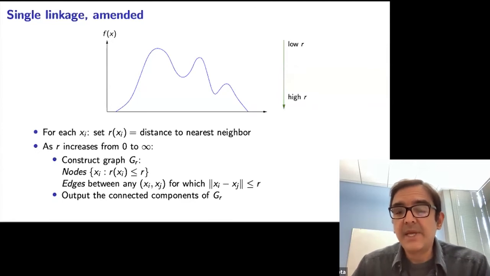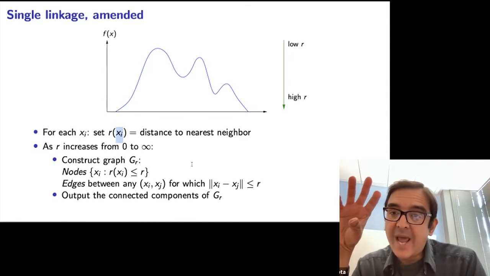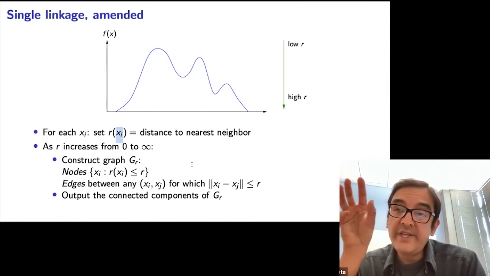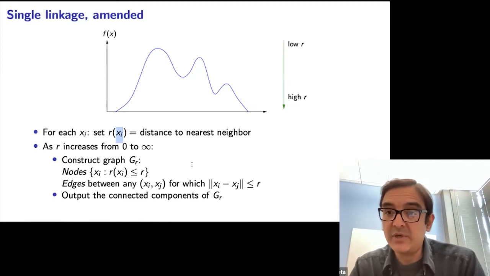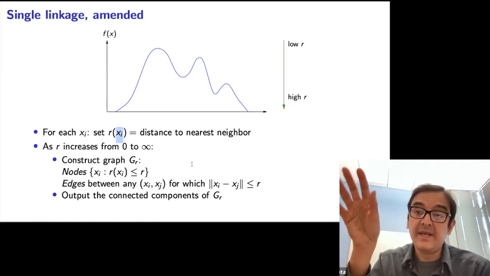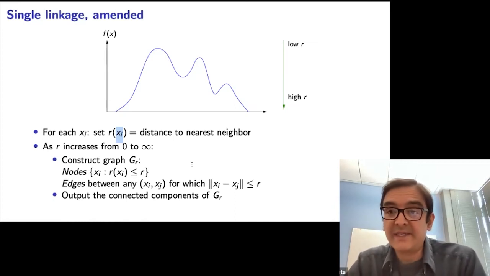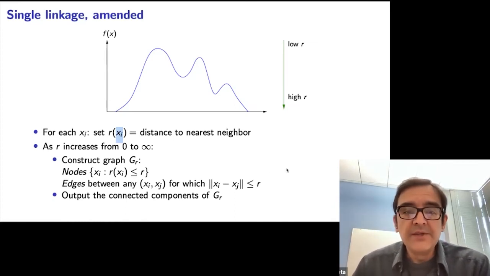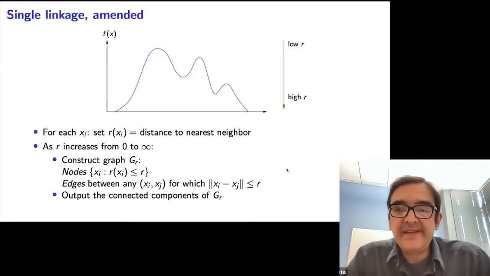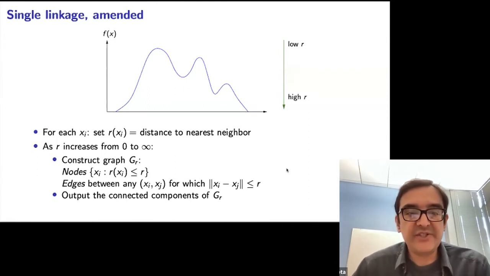Another way to state this is that any data point, xi, is initially inactive when the knob is at 0. And it becomes activated when the knob reaches the distance from xi to its nearest neighbor. At that point, xi becomes activated, and from then on, xi is always active, okay? So in order to make single linkage consistent, we just have to make two tiny changes to this, okay? I'll show you the changes. So this is single linkage, and this is the altered version. We've just made two little changes over here, this and this, okay?